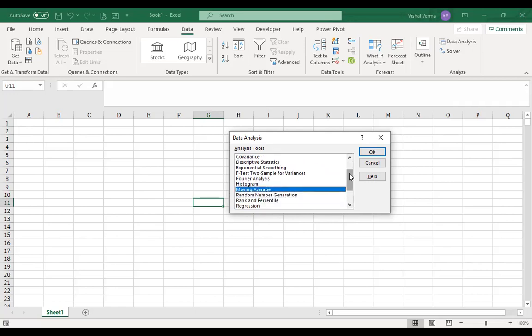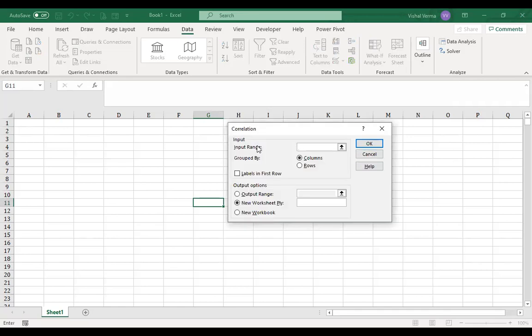If you select any one of them, let's select correlation first. When you click OK, you will find an Input Range. The input range can be a combination.